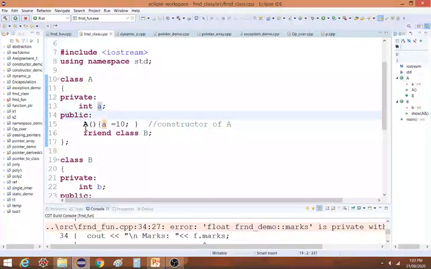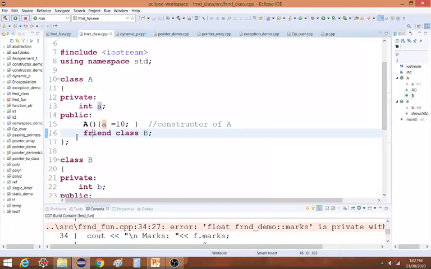In the public section, this is a constructor which assigns value 10 to a. So we have used this default constructor for assigning value 10 to a. At line number 16, we are declaring friend class B with a semicolon. Means what? We are saying that this class B is a friend of the current class in which it is declared, friend of class A. So this line is important.